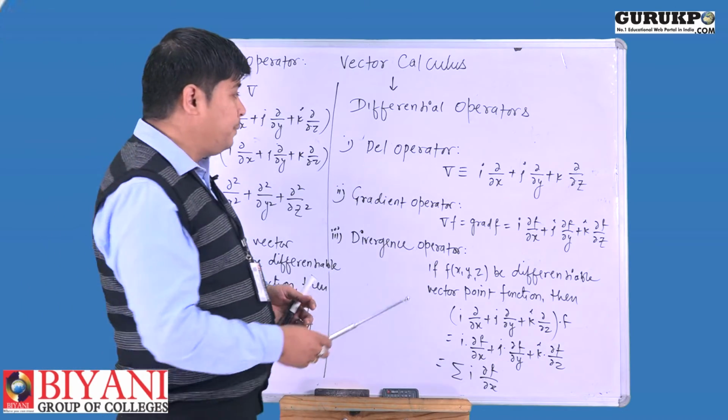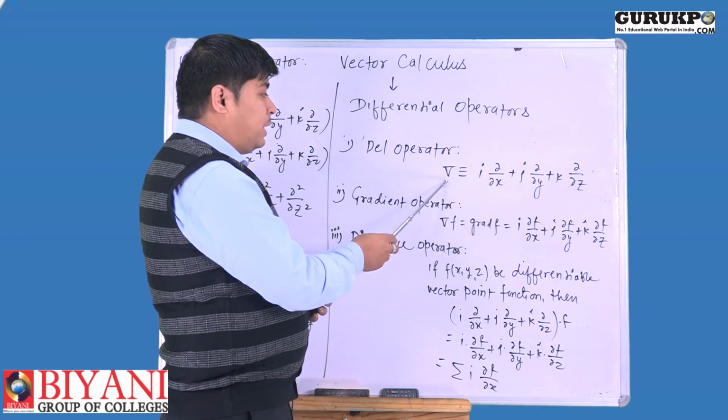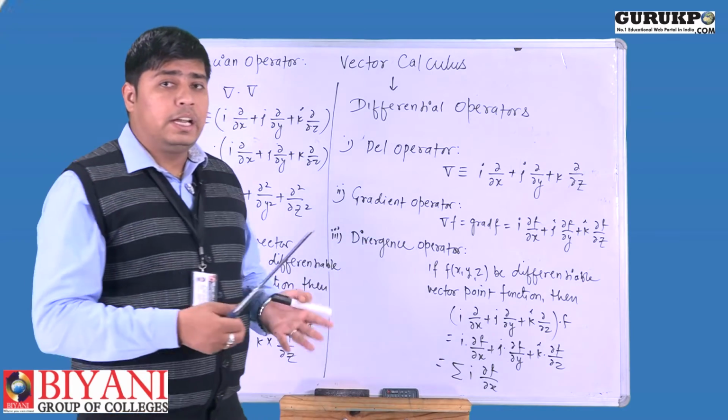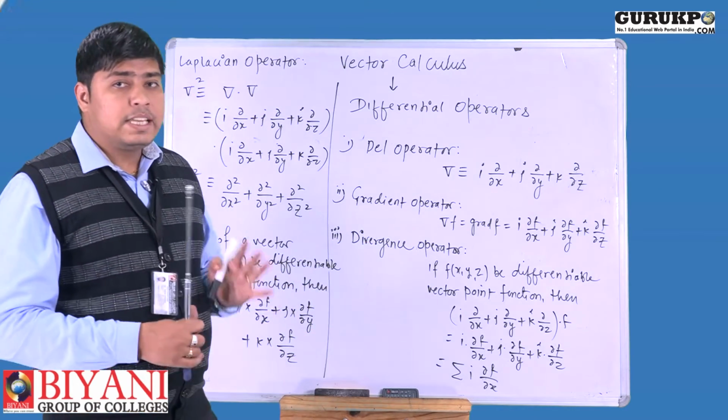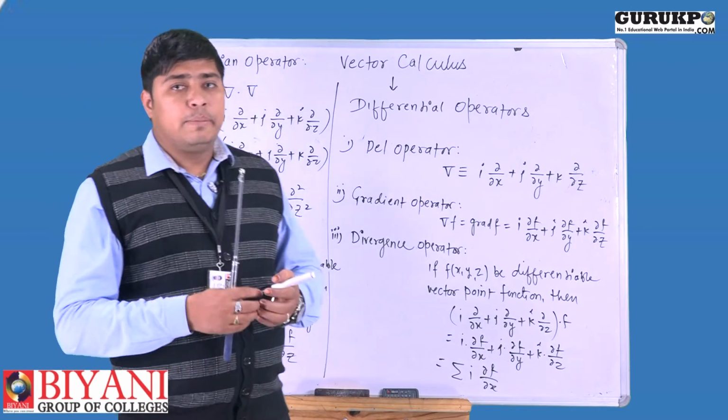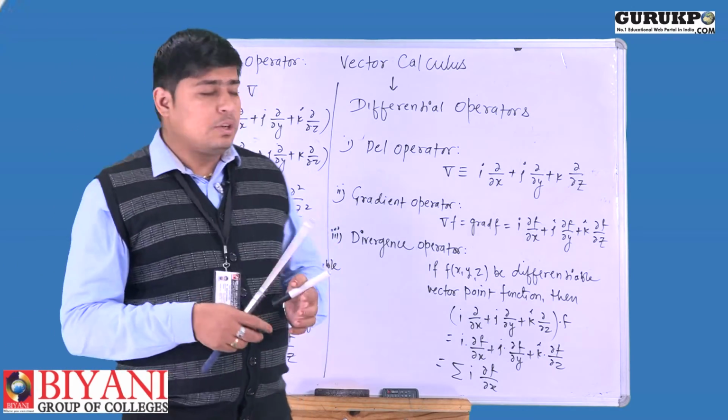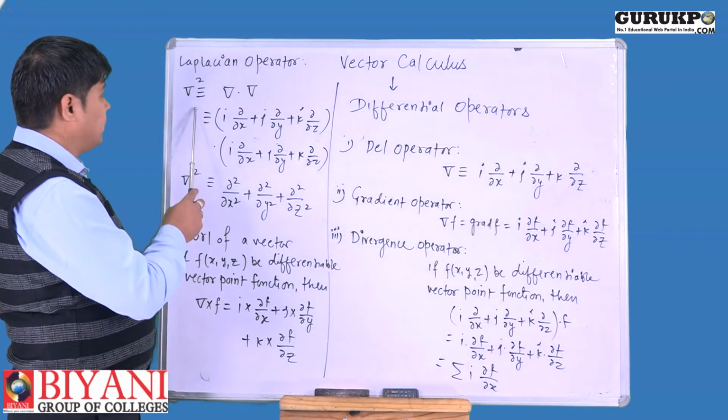Similarly, when we multiply the del operator by itself, that is del dot del, it is known as the Laplacian operator, and the mathematical form of the Laplacian operator is denoted this way. So we can say that